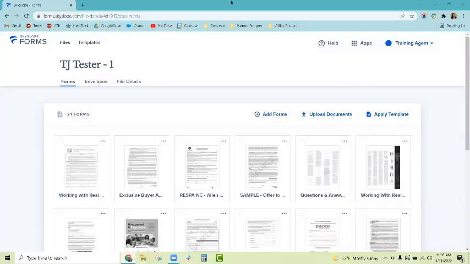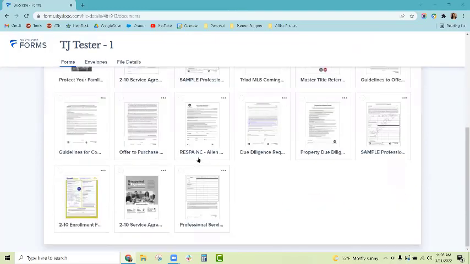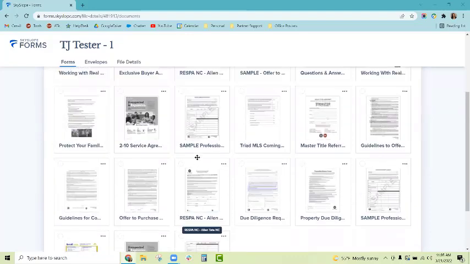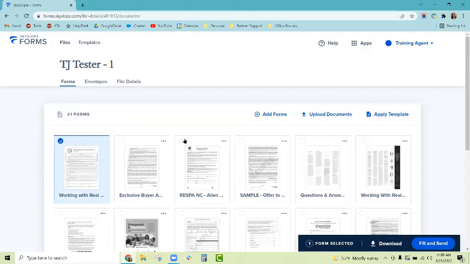All right, now let's move on to creating envelopes, or those sub files. This is going to be the group of forms that we will get to fill out and prepare signatures. So if I just grab a couple, you see to the right, I have my option to just delete or download a single form. But if I start clicking through some of them,